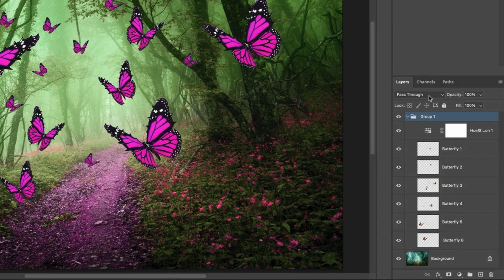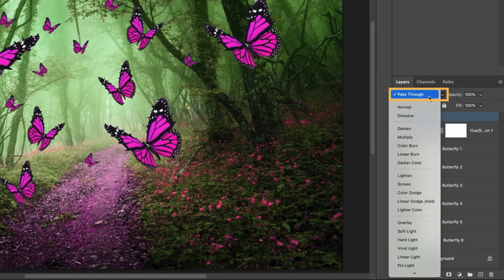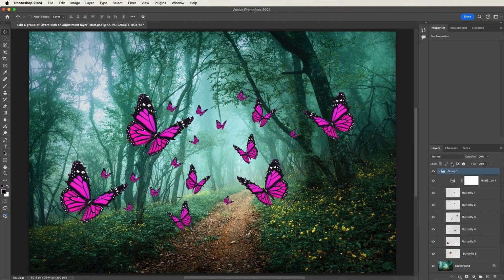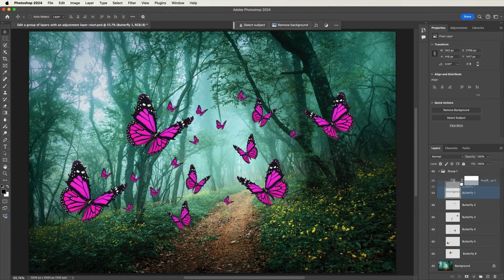If we want to constrain the adjustments to just the group, we need to change the layer blend mode. So let's click on it and choose Normal. Notice the adjustment that changed the butterflies to pink is now only within this group, and it is not affecting the layers underneath. To show how this works, let me drag one of these butterflies out of the group,